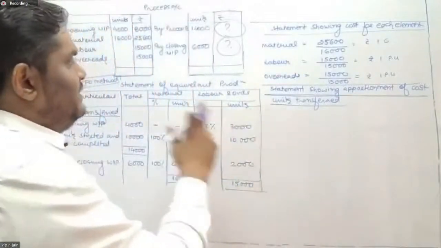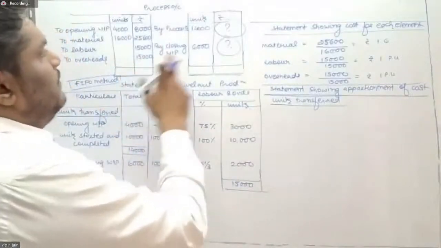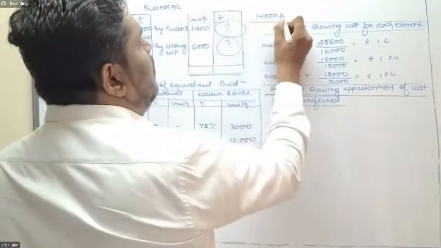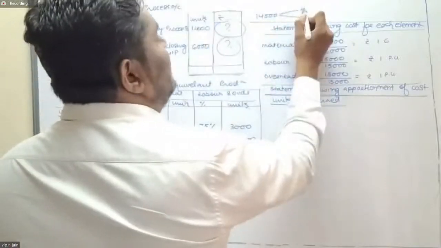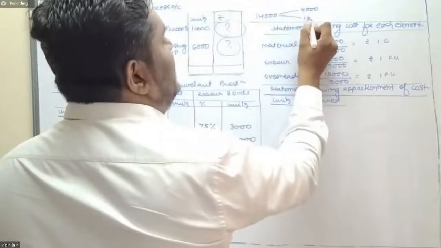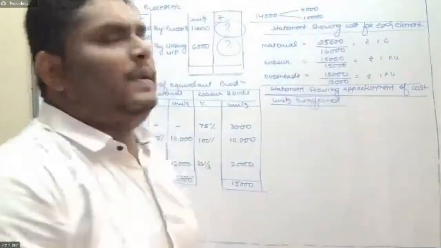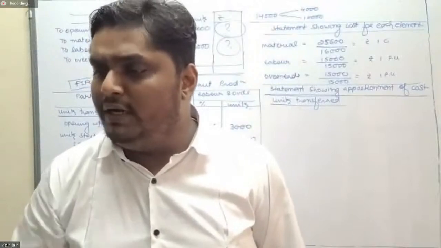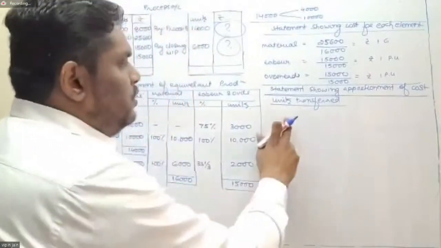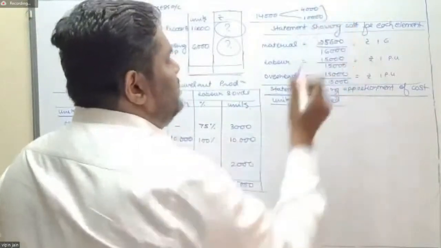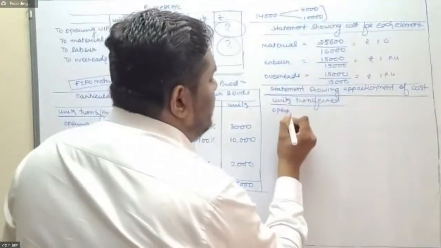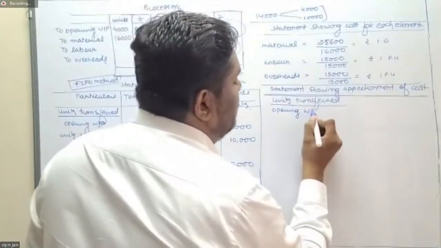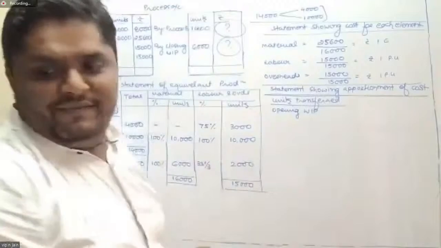Now we are calculating the total cost step by step. So these 14,000 units that were transferred, 4,000 were from opening work in progress and 10,000 were from inputs that are made and processed fully during the year. So this is how the 14,000 units are transferred. So let's take the cost of opening work in progress which has already been incurred, that is given in the question,